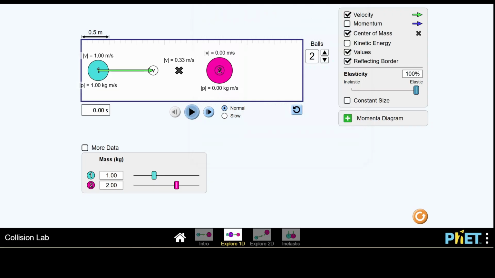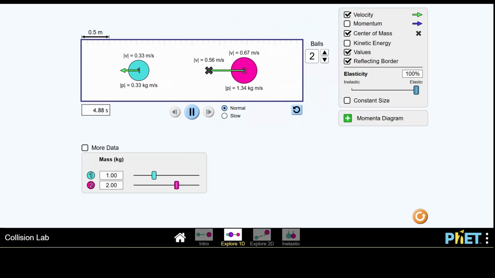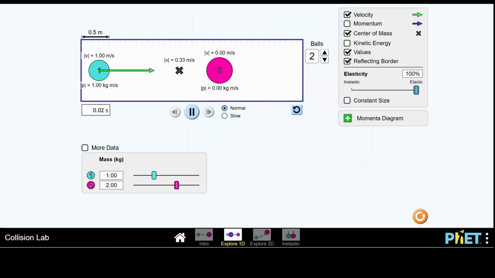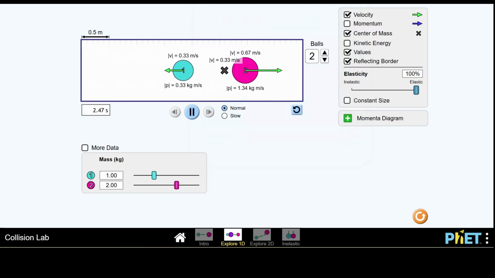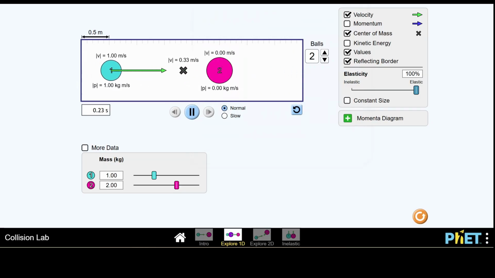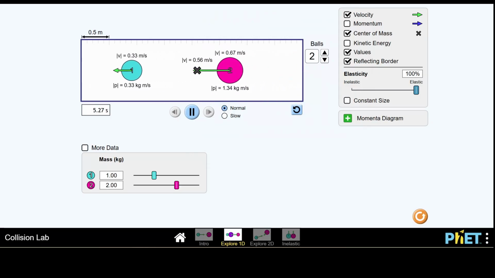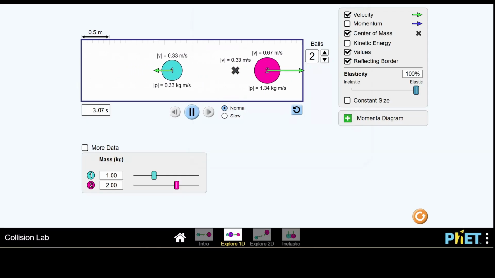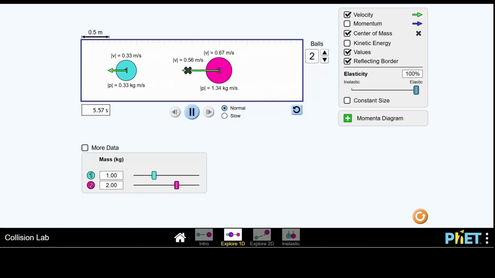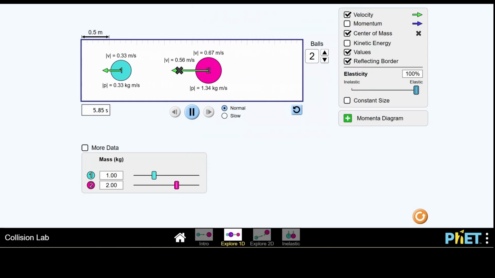Now, for kinetic energy, direction is in fact irrelevant. Kinetic energy will always have positive values and will always have to be added together, no matter in what direction objects are moving. So the first thing to understand is that there is a fundamental difference between momentum and kinetic energy. Even though they are both very closely related to quantity of motion, they have very different meanings. There are many things that can be said about this, so I'm going to subdivide this video into many small chapters. Timestamps will be provided for each chapter.